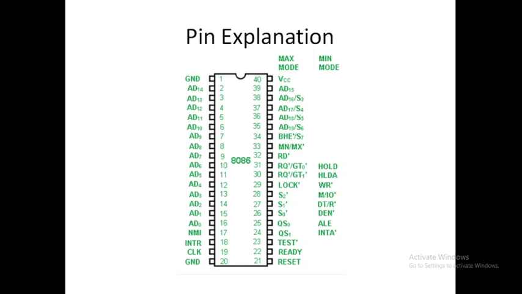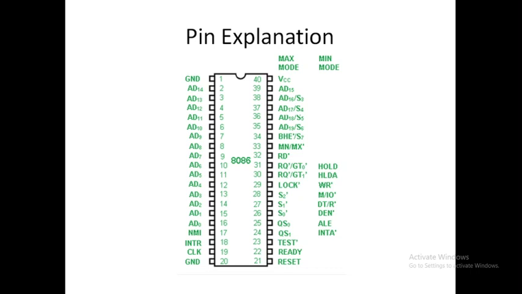Today we are going to discuss the pins after this, that is 30 and 31: RQ bar/GT0 bar and RQ bar/GT1 bar, that is request/grant. These pins are used by local bus masters to force the microprocessor to release the local bus at the end of the microprocessor's current bus cycle. Each of the pins is bidirectional,